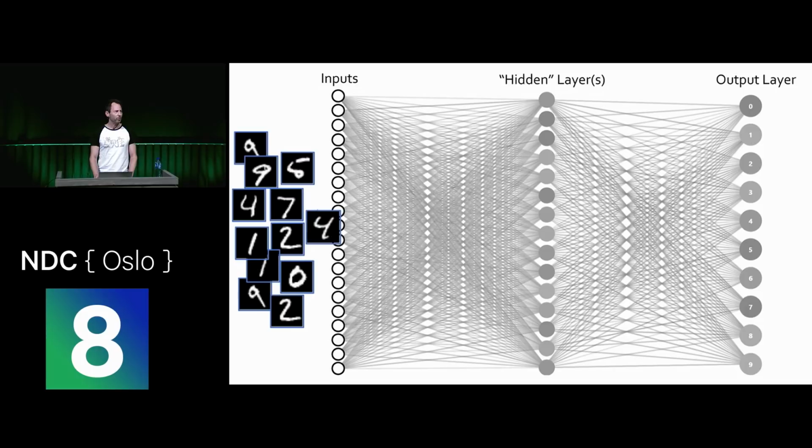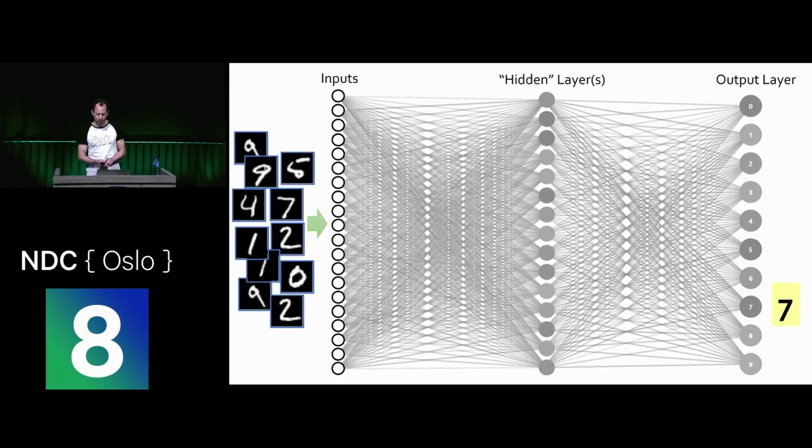Now, because it's untrained, it's going to get that wrong. It might think it's a 7. So then we ask the question, what adjustments do we need to make to those weights and biases to make it a little bit less wrong? We just make some really small adjustments to it. Then we do the same with another sample.